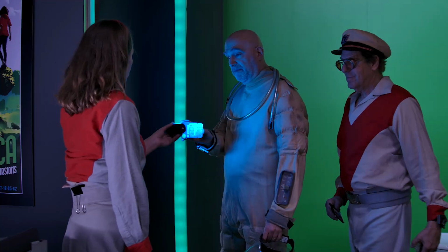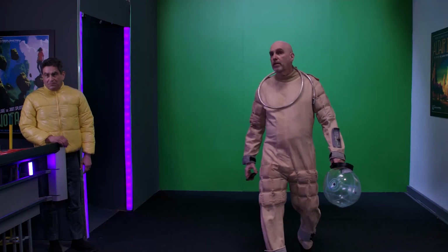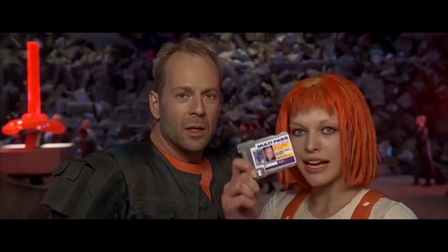so that we don't have people walking back and forth in spacesuits, except Dave Edison. We gave him a cameo, our wonderful editor, and so he's in a spacesuit that we just kind of grabbed from upstairs in our studio, and then had him carrying a little Tomorrowland space helmet. And at the end of the scene, Catherine McEwen, who's playing Lynn O'Dara, her spaceship is ready and she's boarding, and I knew that I wanted each person boarding to have a Multipass, which was, of course, used in Fifth